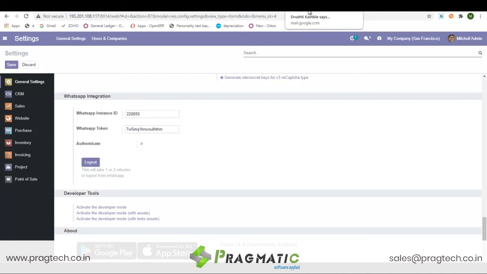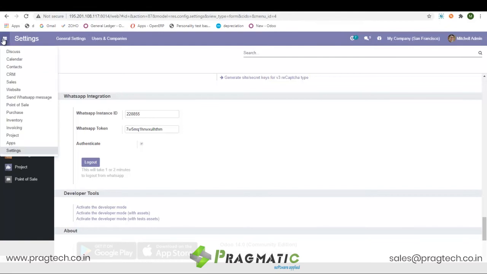We can send WhatsApp messages through contacts, sales, account invoice, account payment, credit notes, delivery order, POS, purchase order, project task, CRM lead and payment reminders. Use a sign up page via the same application. Let us have a look at how this works inside Odoo.